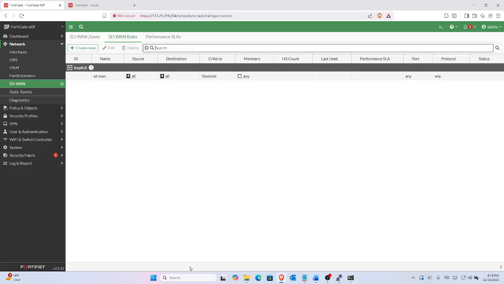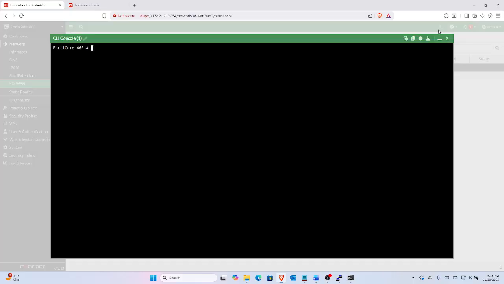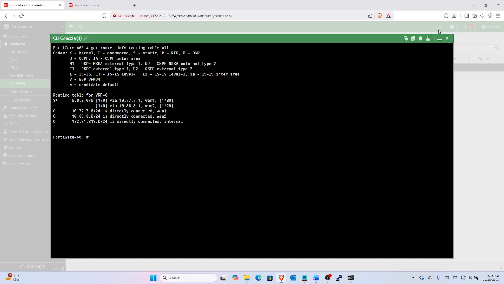Okay, that's the only rule we have, so it should be working. So let's bring up our routing table again, just for kicks here. Okay, there you see it by session. You see where the weighting is showing up off to the right there in the actual routing, which is what I would expect to see. I'm not sure why it didn't show up under volume, but